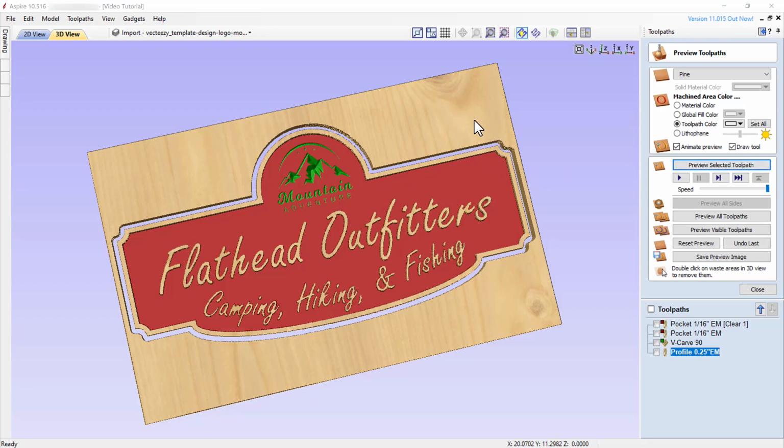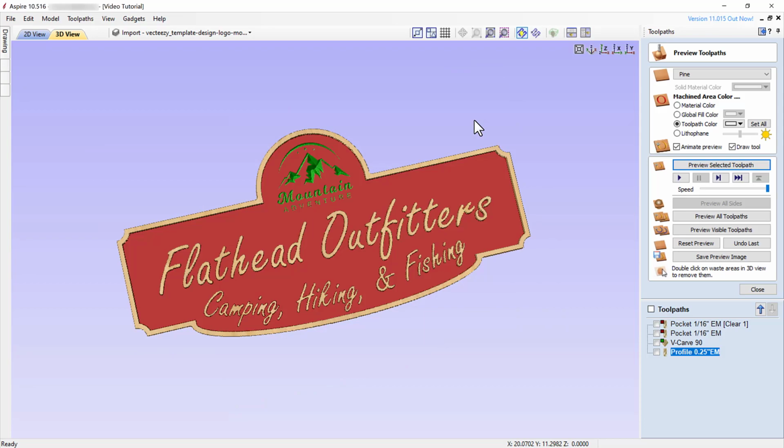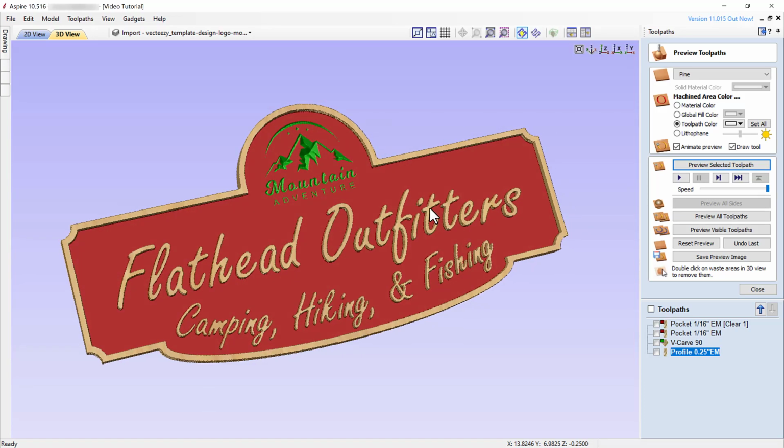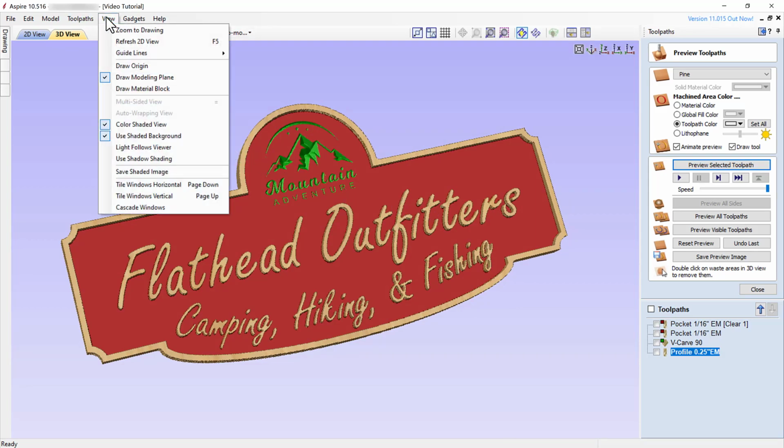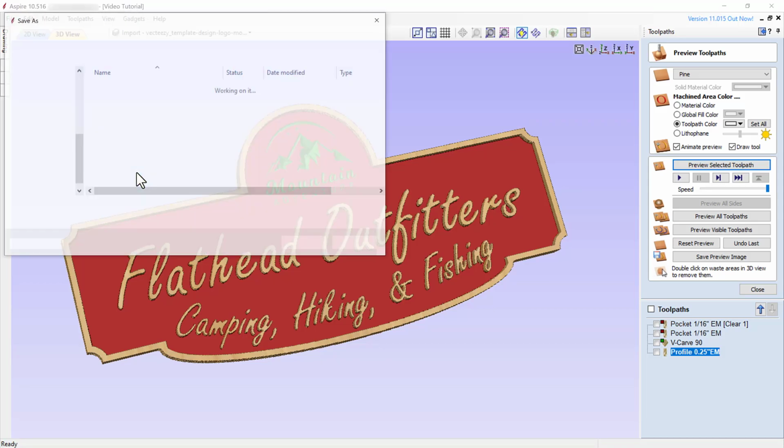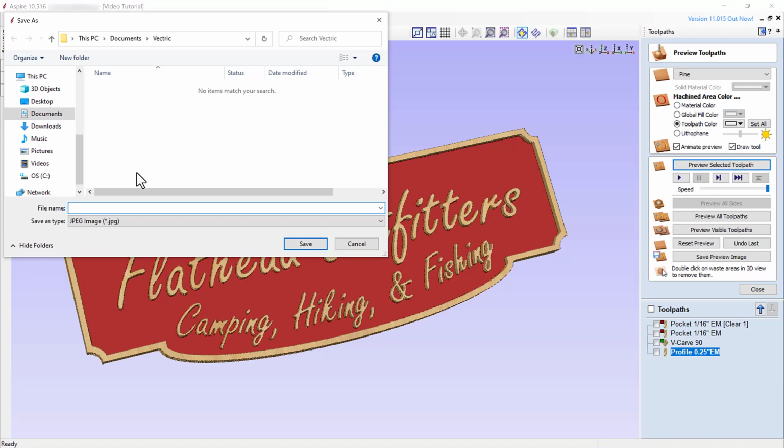Double-click on the excess material and it will disappear. Go ahead and move your sign to the orientation you'd like to take an image of. Go to the View menu and save your shaded image. You can then name your image and save it to whatever location you like.